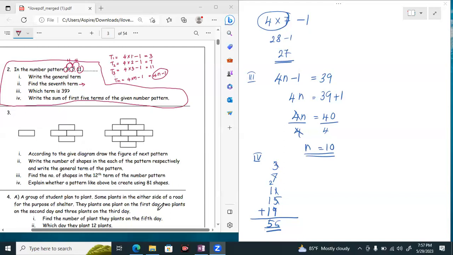Then how do we identify this one? You can see that there is one brick in the first term. In the second term it is 4 bricks. As the third term it is 9 bricks. That means you can identify that here